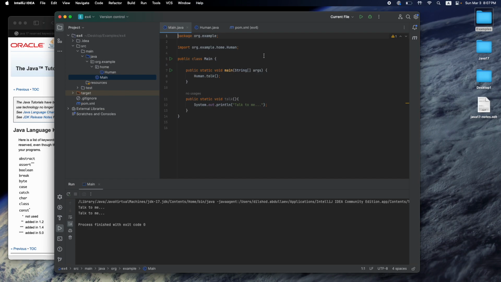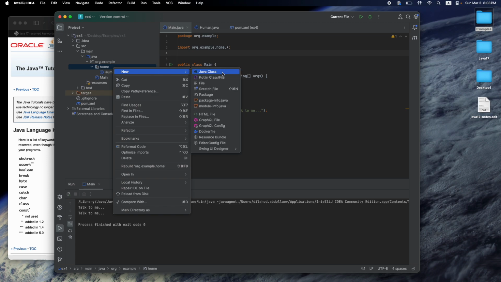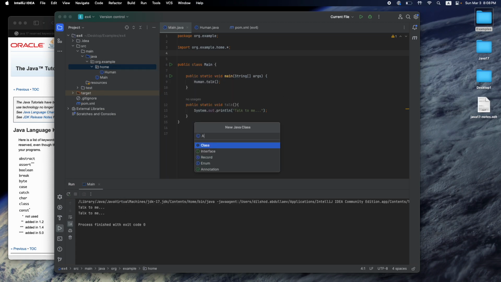Okay, so since we just touched base about importing, there is a star wildcard as well. That means let's import all the classes within this folder, within this package. So from now on, I'll just talk about folders as a packaging because this is the terminology that we should use. Now, what I mean is, if I create another class here, let's say animal,